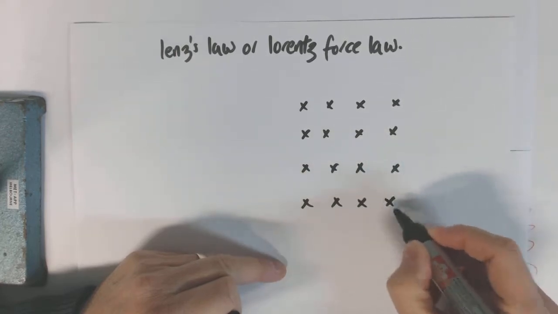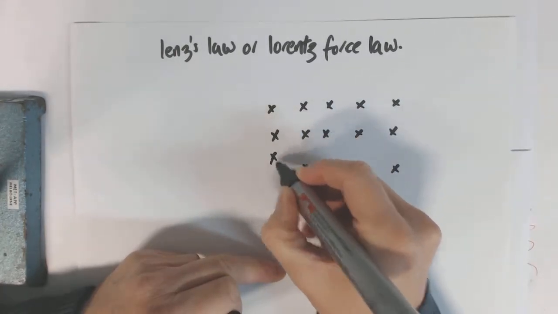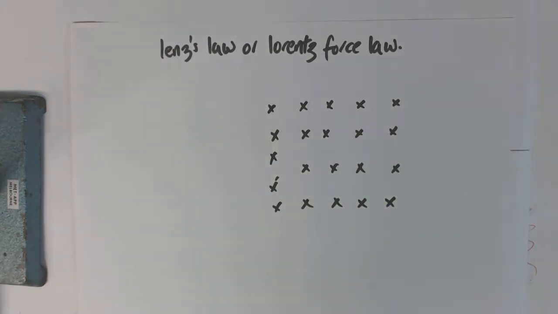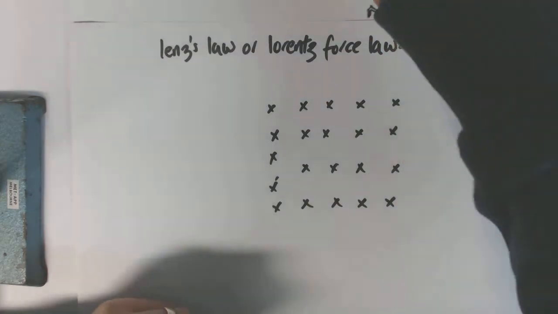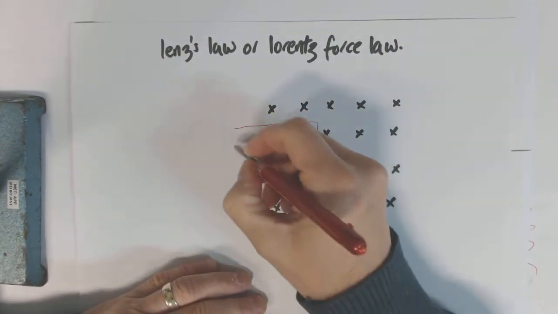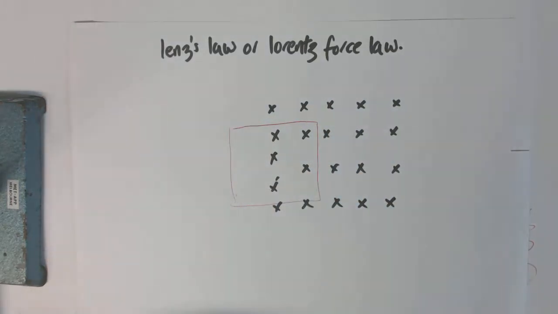Now, I think most people think of it in terms of Lenz's law. So if we've got this little coil, maybe I'll put it in red, we've got this coil, if you like, moving into here. We know the flux is changing,